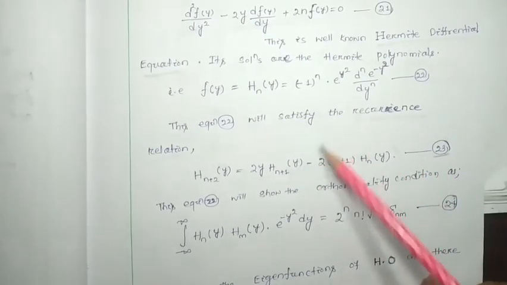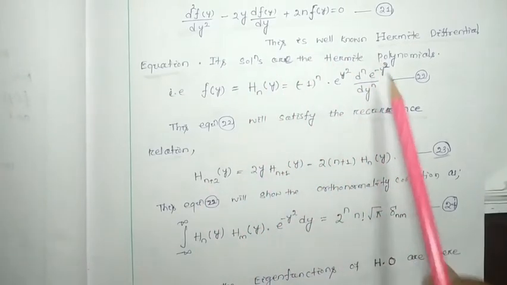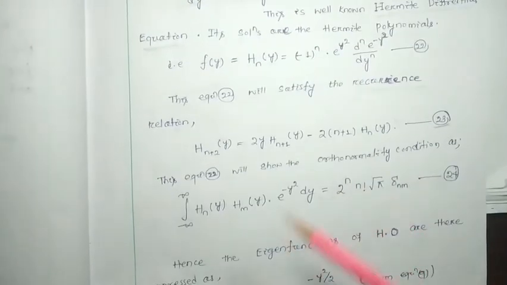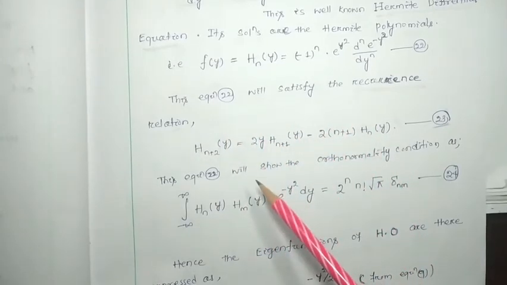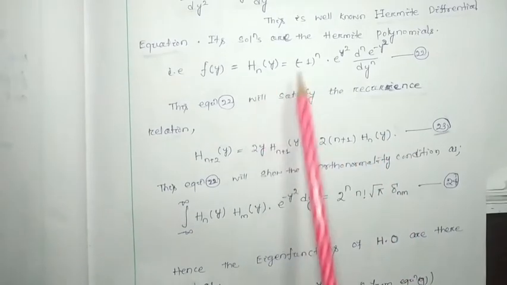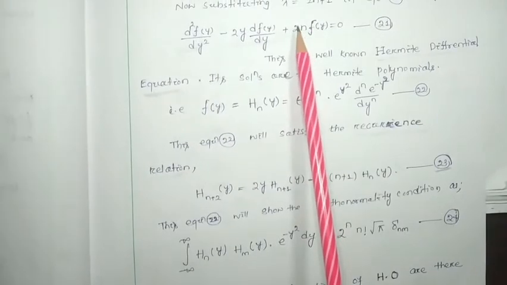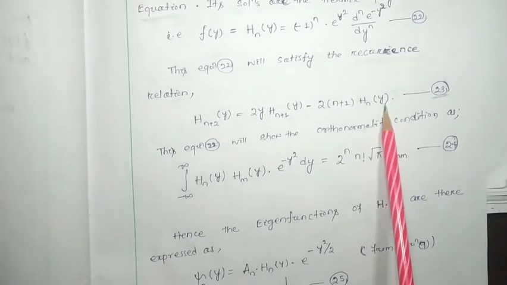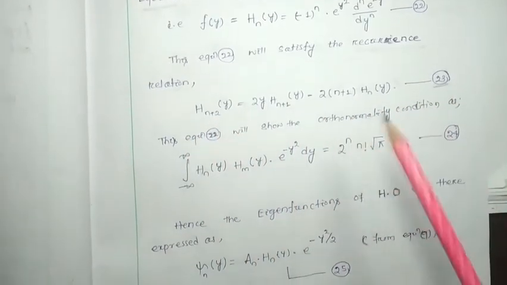The derivations, how it is the recurrence relation and how it satisfies the recurrence relation, and all other things, we studied in detail in our third semester. So here I am writing directly the results regarding the Harmonic differential equation. As this is the Harmonic polynomial, the solution of this differential equation, it will satisfy the recurrence relation, this one. Okay, this is one piece of information, and also this